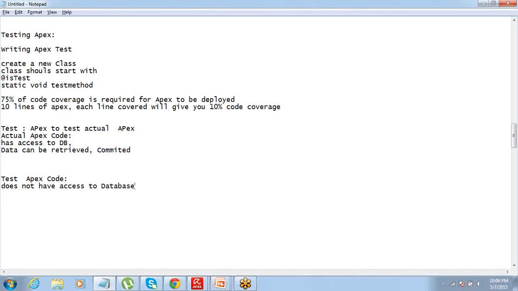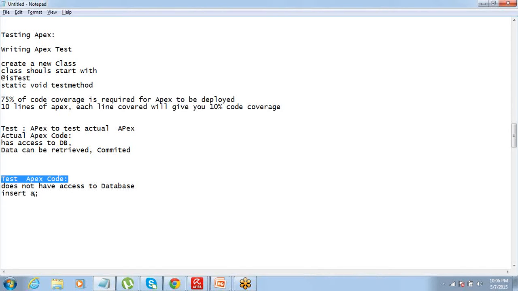Any SOQL query will not work, or will not retrieve any data from the database. It will not commit. So if you are writing an insert operation, insert A, it will actually not write any data inside the database. Okay, so that is what a test code does.